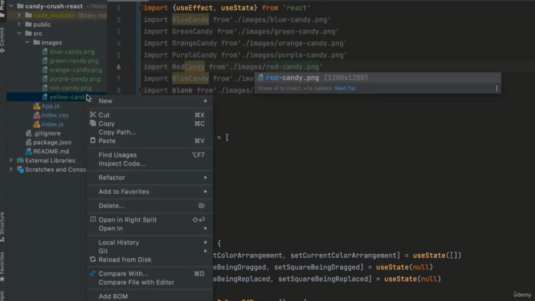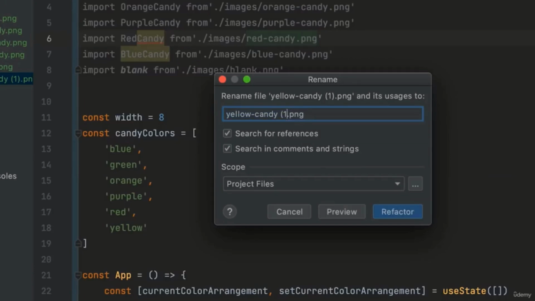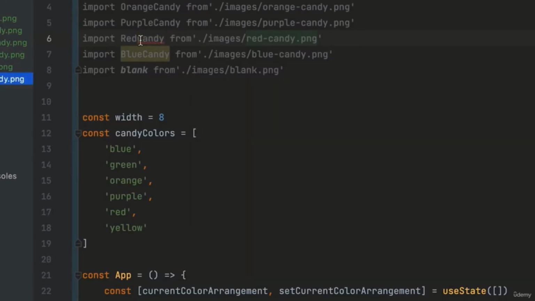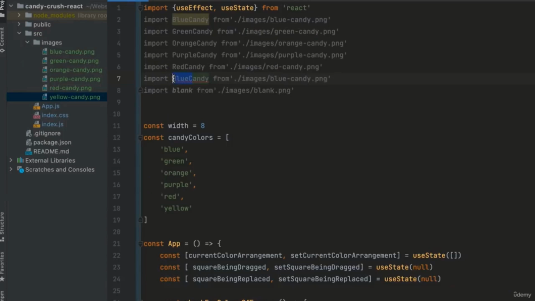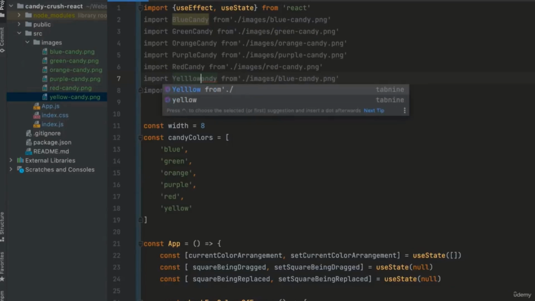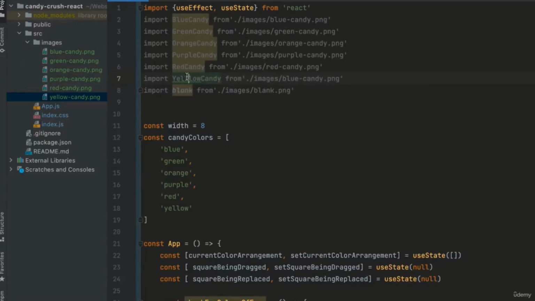I'm going to rename this yellow candy, so I'm going to edit this just so it aligns with everything else, and call this yellow candy so we can use this in our file. Okay, so there we go. Now I'm just going to replace